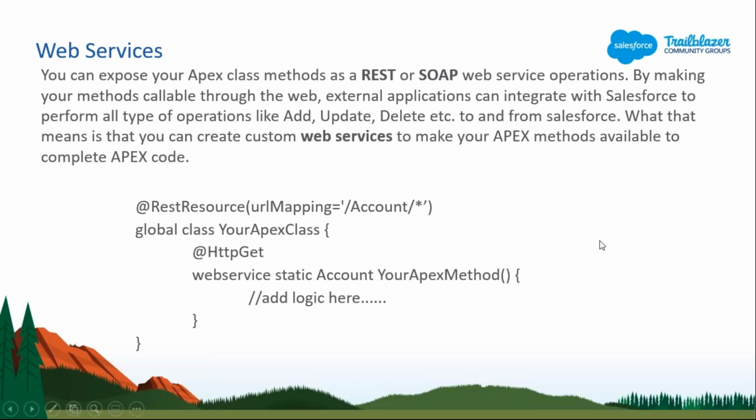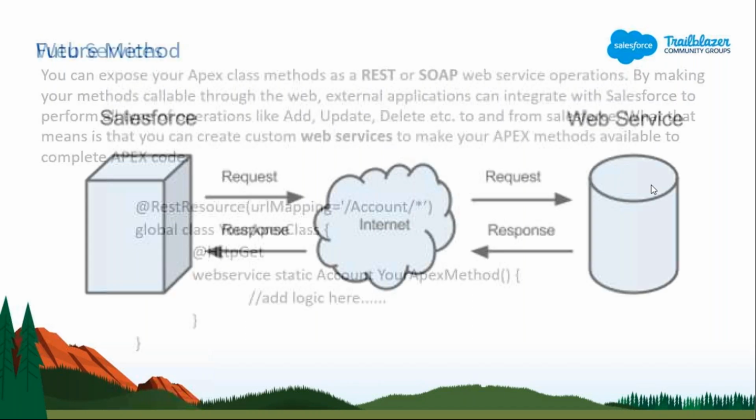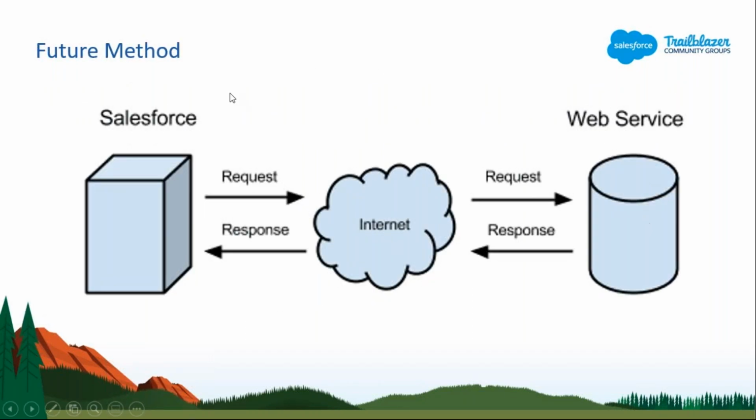And our next topic is Apex callout, which is also very similar. This is also web services. By mistake I have used this future method for every picture, leave it for now. This is the web services example where Salesforce will send a request over the internet to external data, and the web service will take the request and give you a response from the external data. This is very simple.